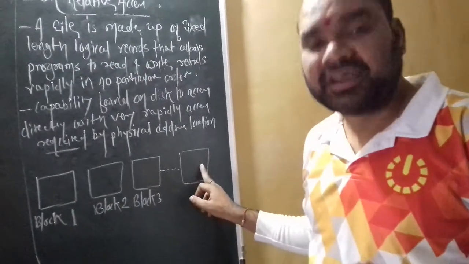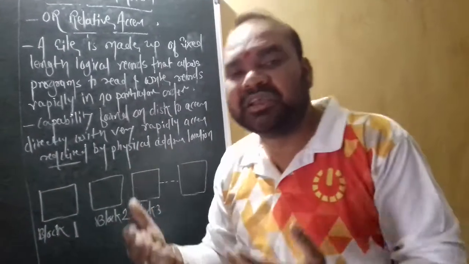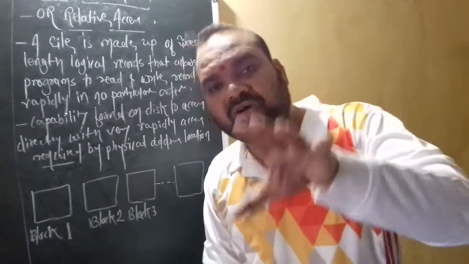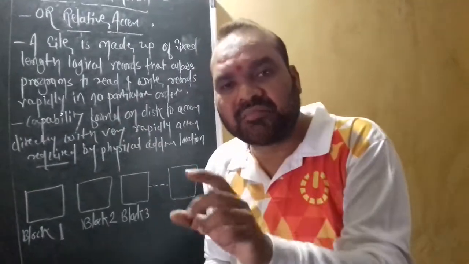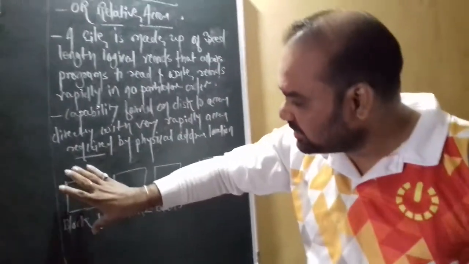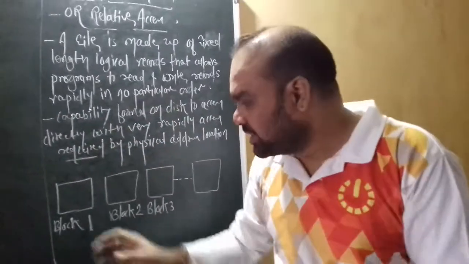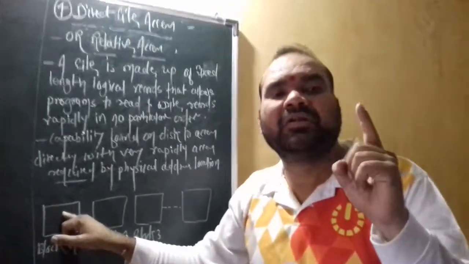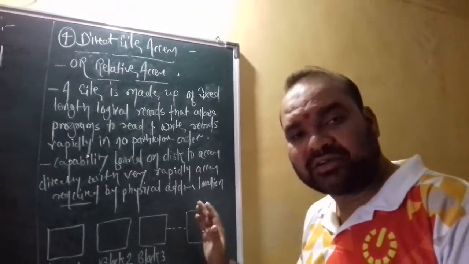Now here is a simple figure regarding these methods like block 1, block 2, block 3, block n. Okay, this is a number of blocks, but what is the main intention of this block? Each and every block holds a number of information, number of data regarding particular files. Here is block number 1, like a particular set or particular group. In that group is one file. Here is a second file, here is a third file, a fourth, and so on.